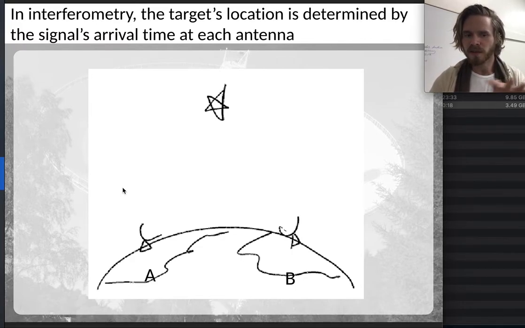So actually, a lot of the notes in here will be written with the word phase. Whenever you see that, just know that you can also think in delays, and it's fine. So yeah, I think it's just easier to think in time delays. So let's say you have your interferometer and you just have telescope A and telescope B, and they're very far